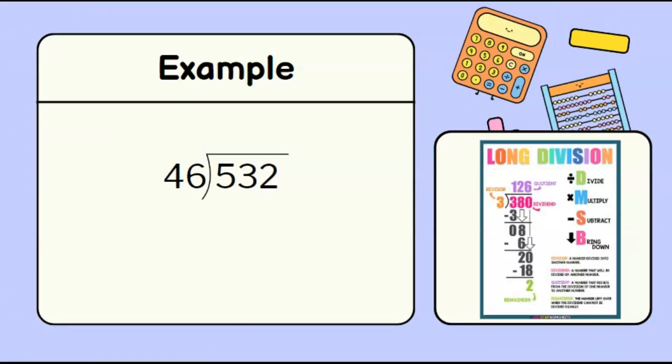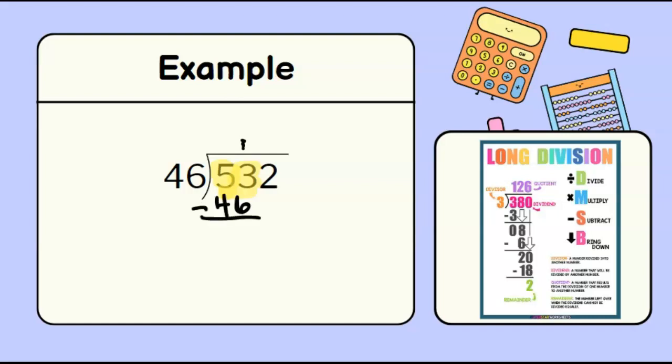I have 532 divided by 46. The first thing I need to think about is, can 46 go into the first place value, the number 5? Well, I know that I can't multiply anything by 46 to get 5, so I'm going to add my second digit to that number. I have to think, can I multiply 46 by anything to get the number 53? Well, actually, I can. If I multiply 46 by 1, I get 46